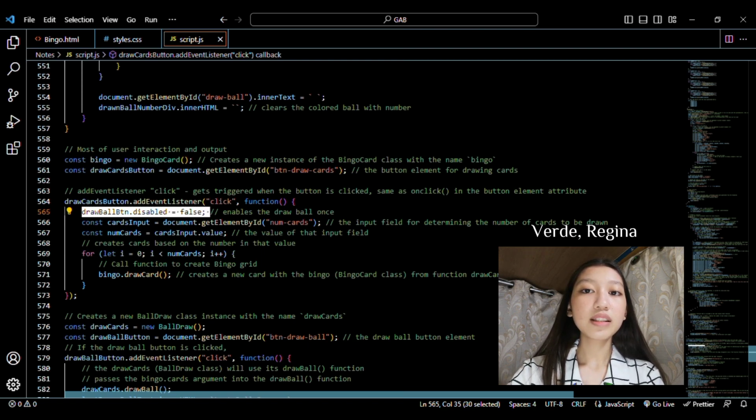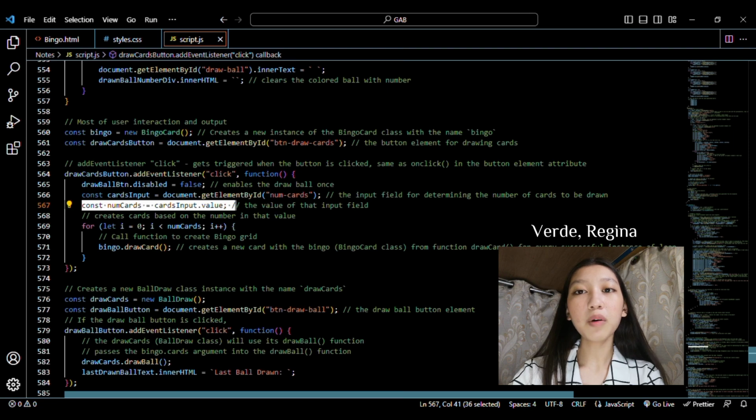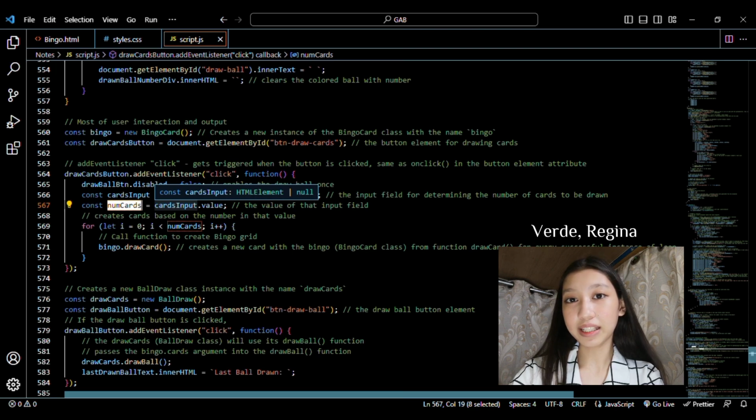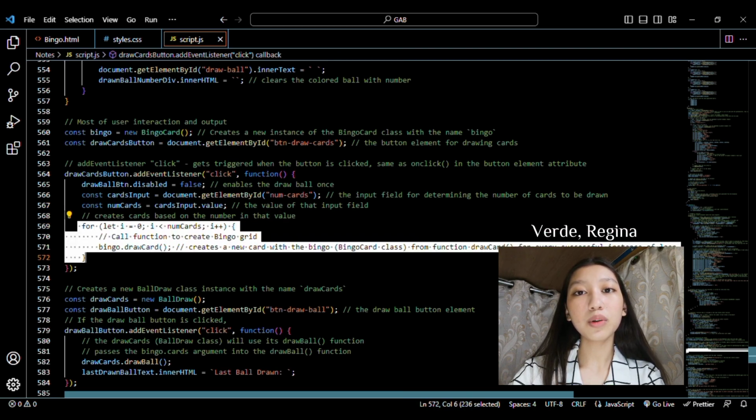So, in the constant variable card input, we put this code to determine the number of cards the code will generate based on the user's input. And the constant variable num cards equals to input dot value, which gets the value of the input field and will help to determine how many cards will be generated. And below this variable, we have a for loop that will help to create unique bingo cards for every